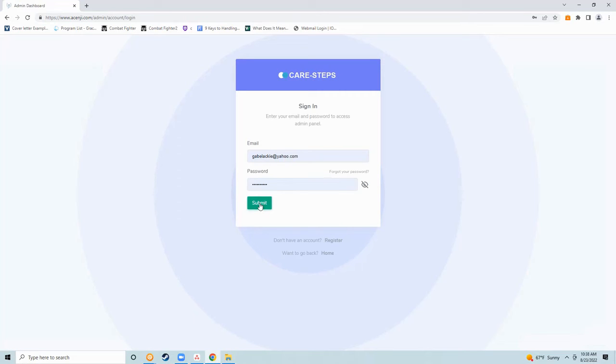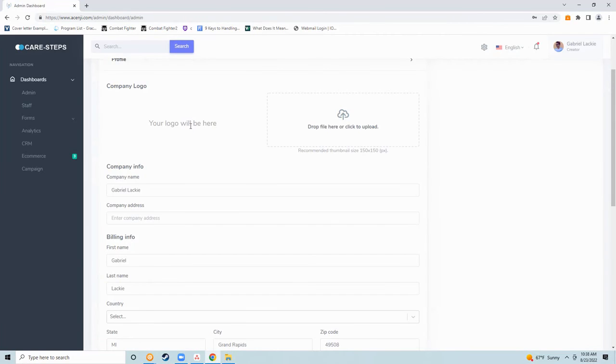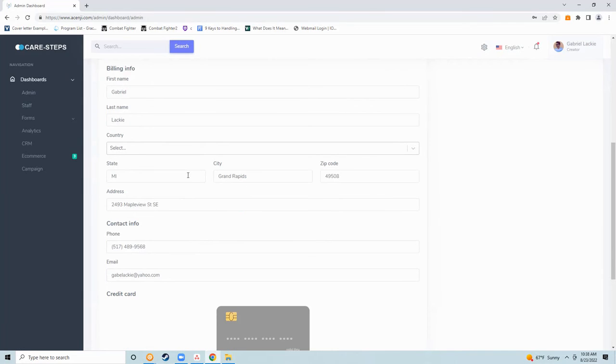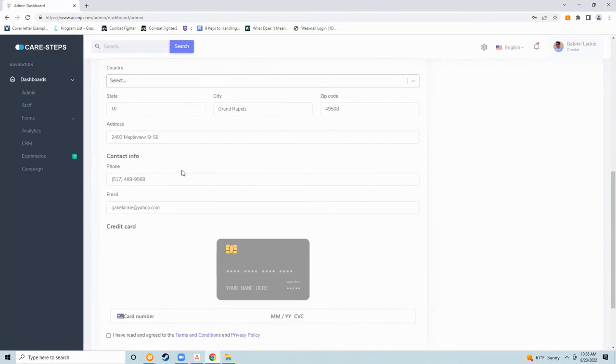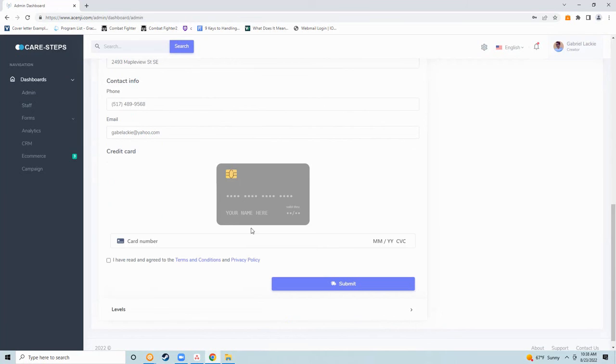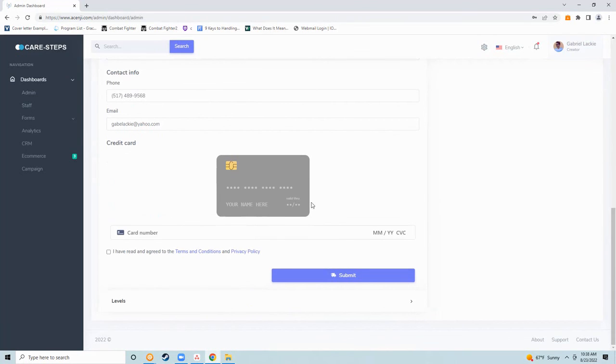I've already created mine, and here you can add in any logo you need. You can also verify all your information to make sure it's correct, and you can add in your credit card